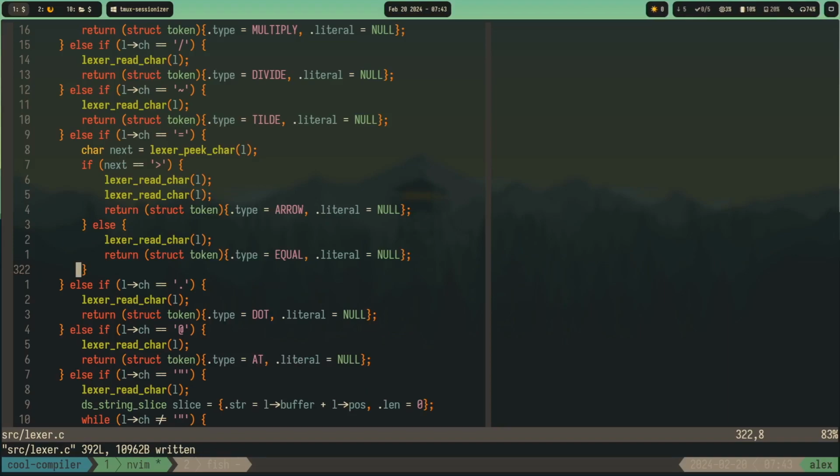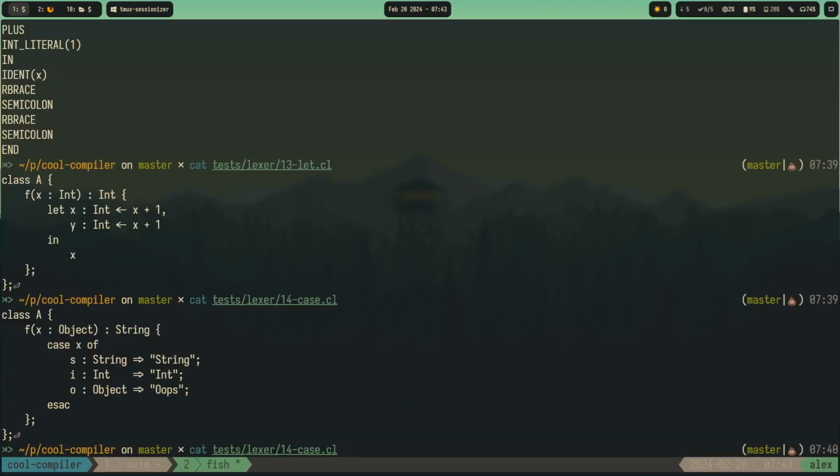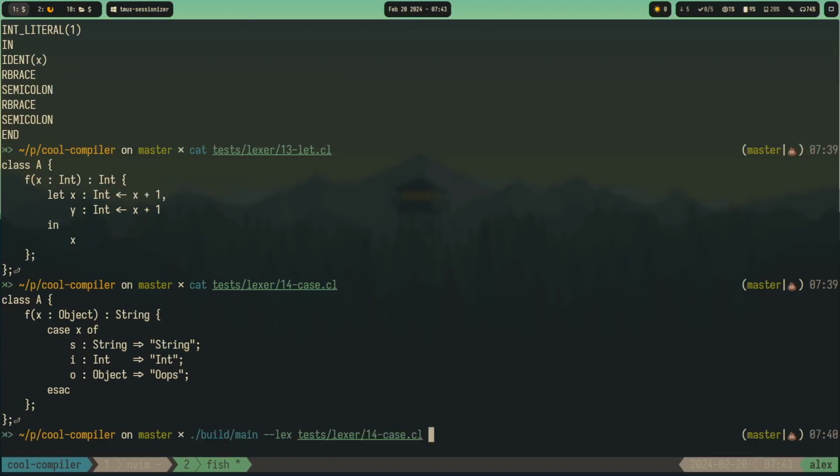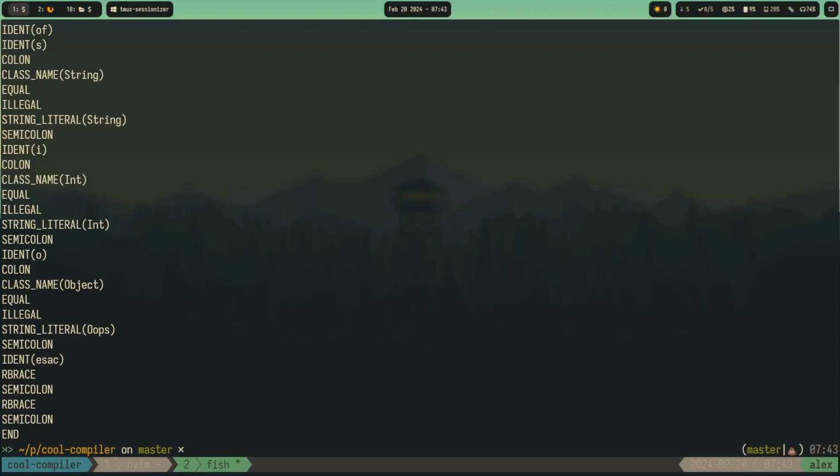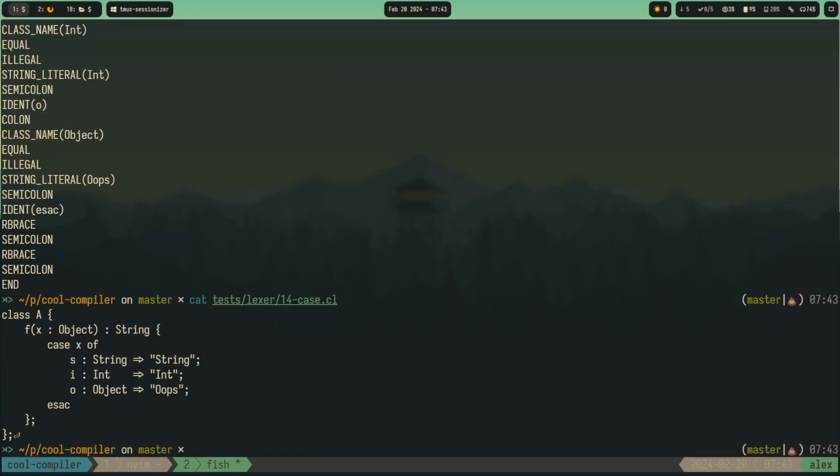And yeah, it's the same logic. We read once because the next character wasn't greater than, it was like a space or a number, something different. Okay, so I think if we test case, we should see something like